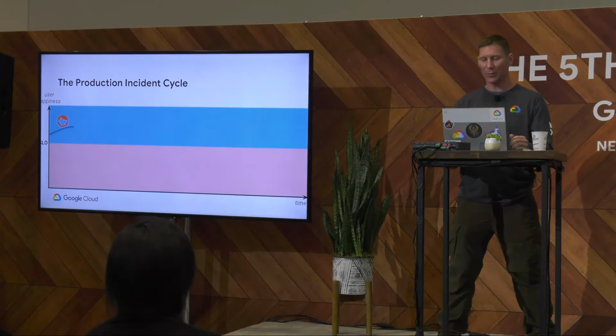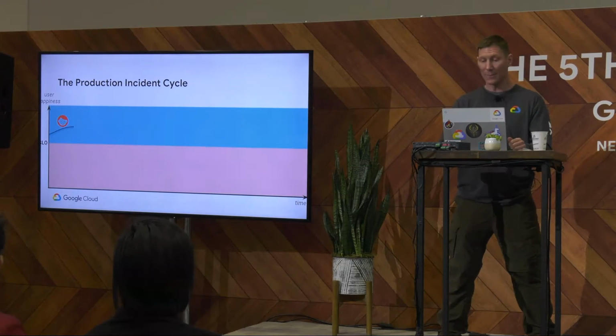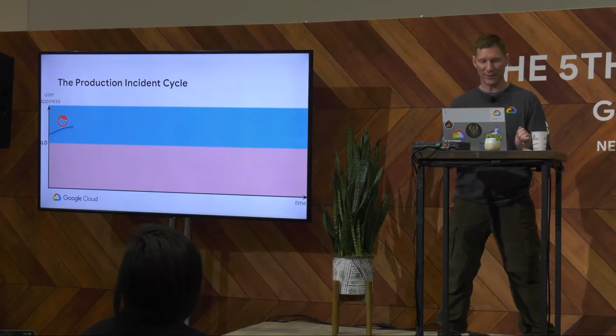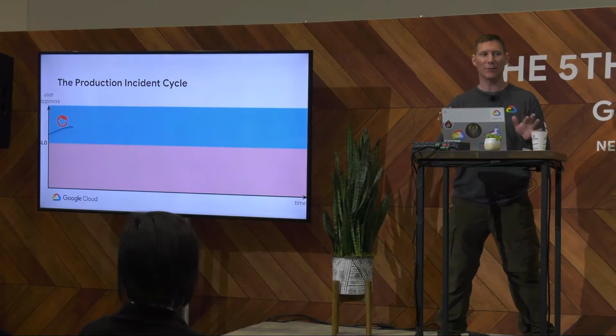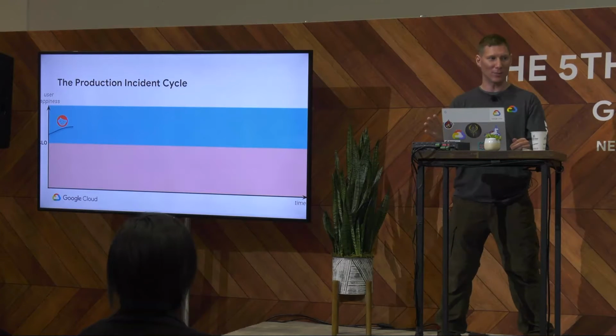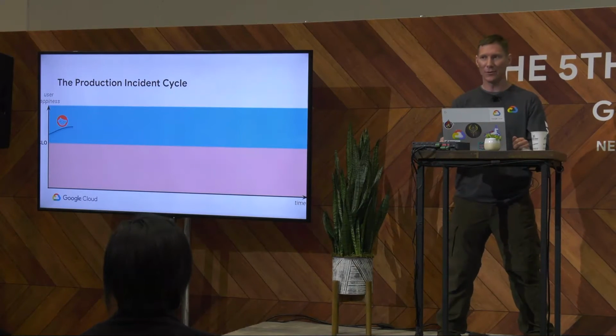Now, usually the further below your SLO that you go, the unhappier your users become. Above the target level for your SLO, and this is really the amazing part, your users become indifferent to your reliability. You can be hovering just above the red or way up at the top of the graph, and your users just don't perceive any real difference, at least in the long run. I mean, you're not going to stop having problems, and users will still see those blips. But as long as, on average, you're above that level, then your users won't feel like it's that bad of a deal.